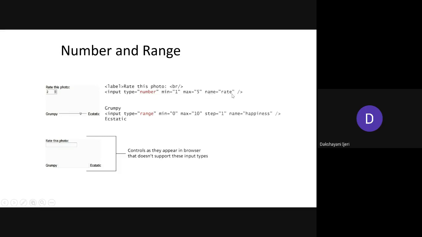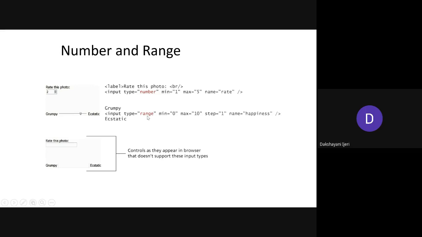So this is going to play a role whenever the data is being sent to the server. Similarly, you might have seen that this kind of input is also created in order to give the range of the numbers without displaying any numeric value. To create this kind of input, you use the input element with a type value of range. If you want this in your form, you use the input element